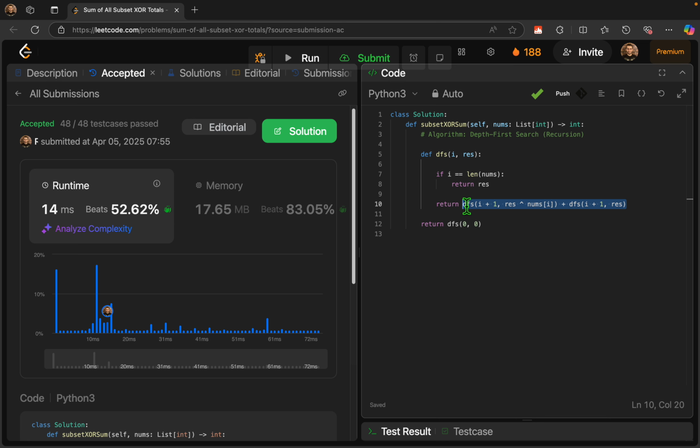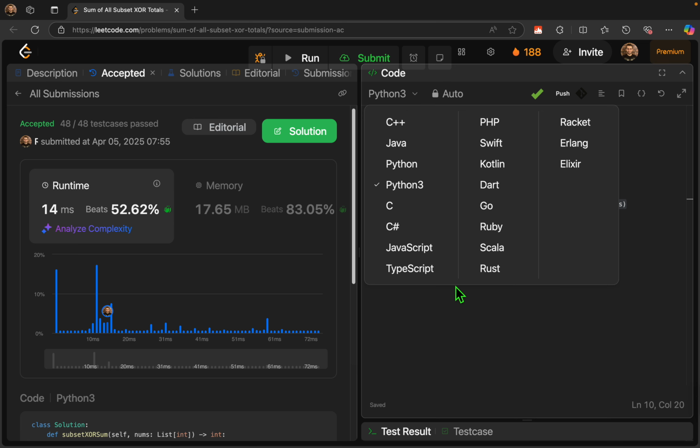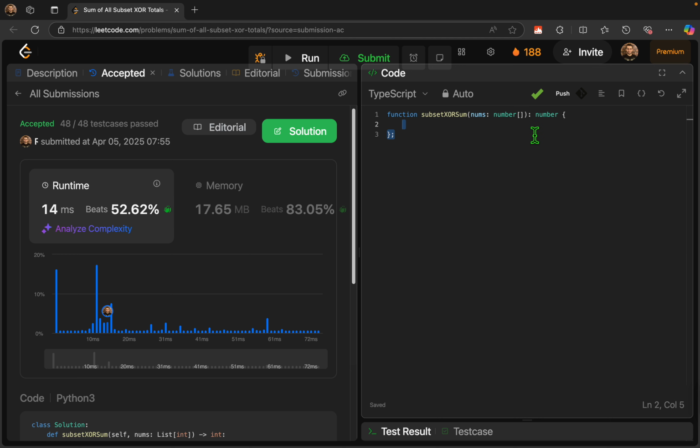But we have a better solution, and for that solution I will move to TypeScript, where we can use bit manipulation. The algorithm will be bit manipulation. Instead of deep search, we will use a very simple system where we calculate: let res equal 0,